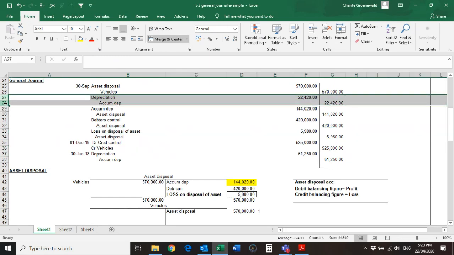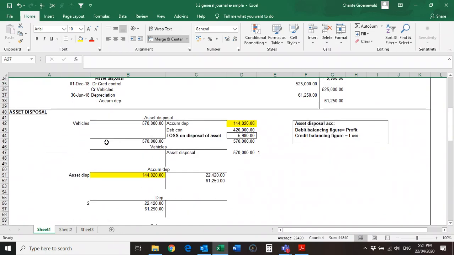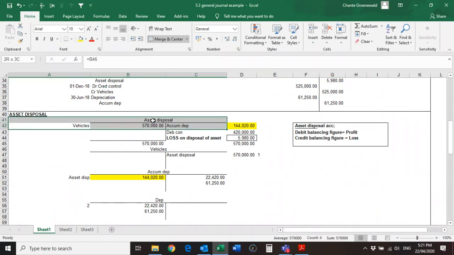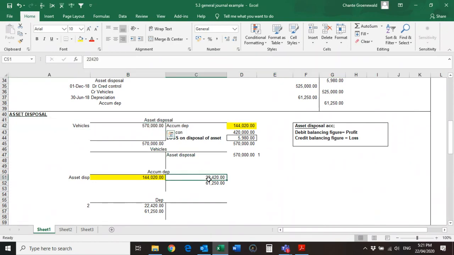Now we've done the second step. We've accounted for the depreciation up until the date of 30 September 2017 when I sold the asset. Next up, third step. So now I've done this, correct? And I've done this, correct? Third step. Now, because I took out the vehicle's cost price in my vehicles account, can you see that my third step will then be to take out all of the accumulated depreciation that pertained to this asset.